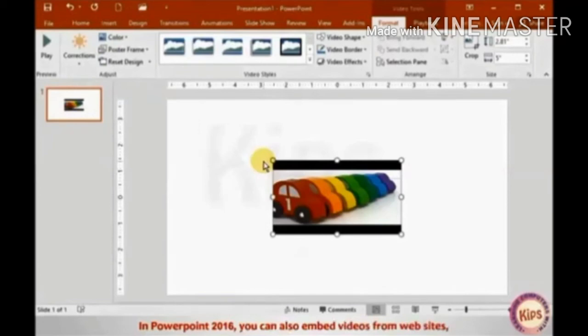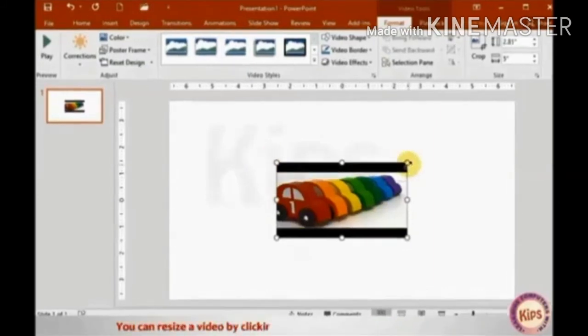In PowerPoint 2016, you can also embed videos from websites like www.youtube.com into your presentation.